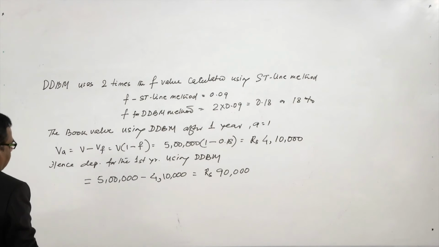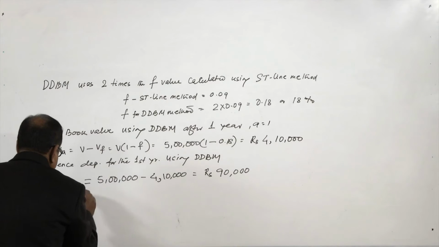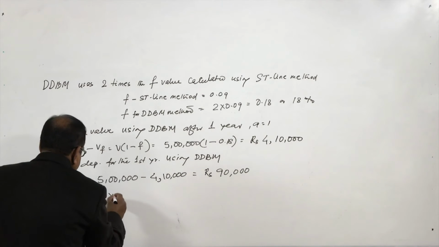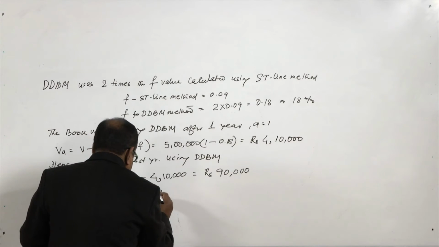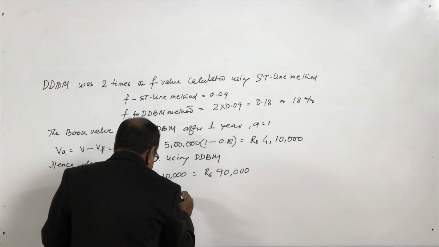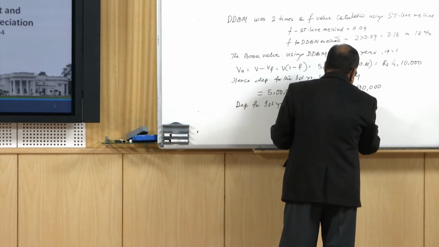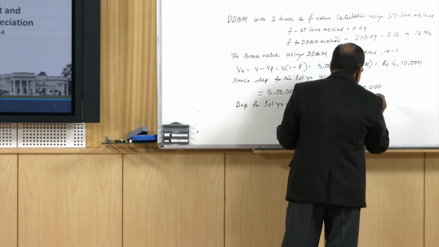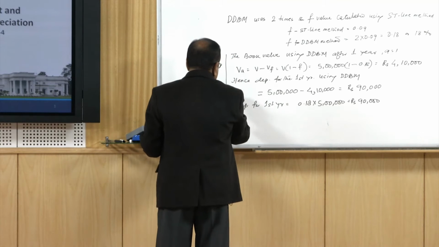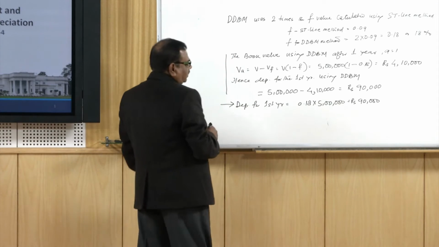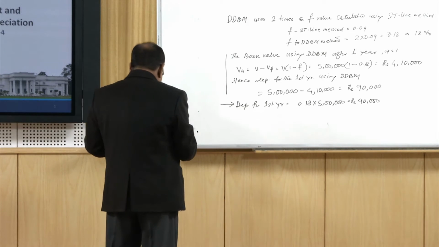Now, this can be directly computed. Depreciation for first year is equal to 0.18 into 5 lakh, which is rupees 90,000. So, either we can calculate it in this manner or we can directly calculate the depreciation for the first year as this. Now, similarly,